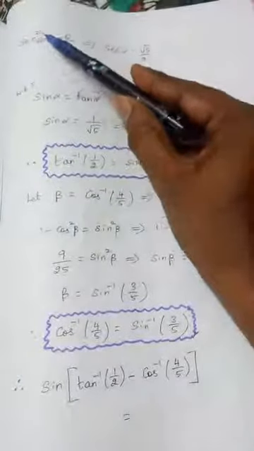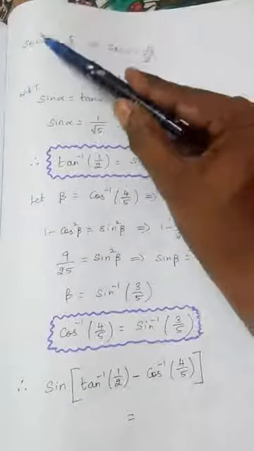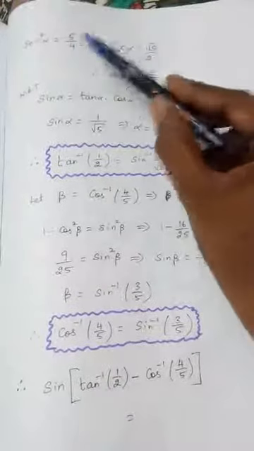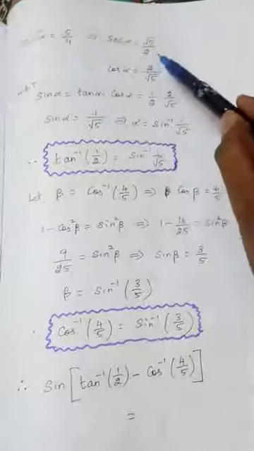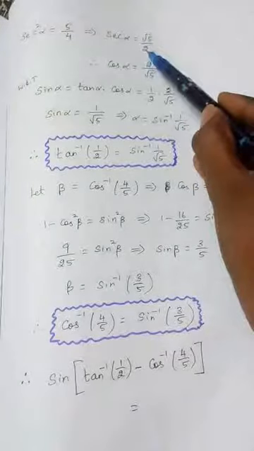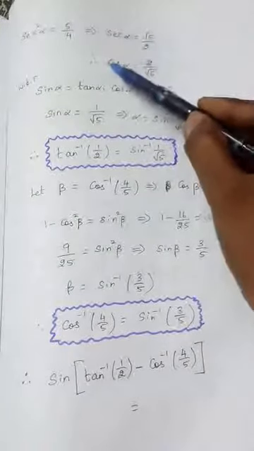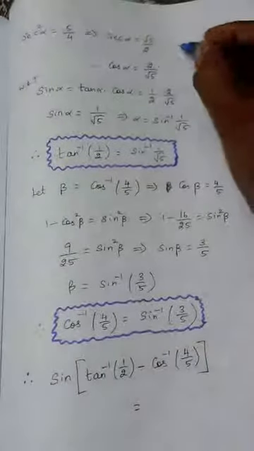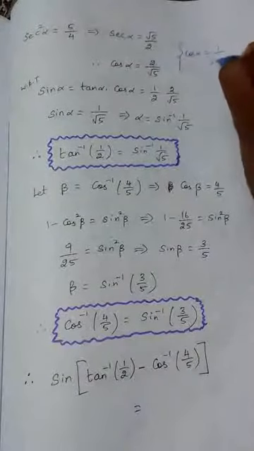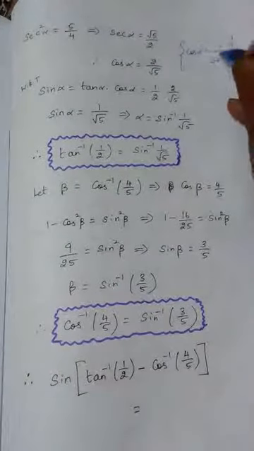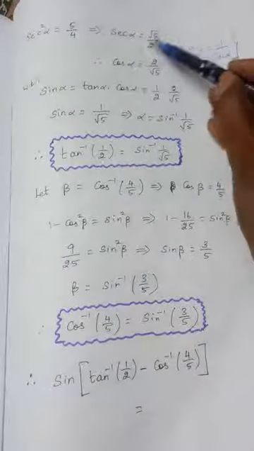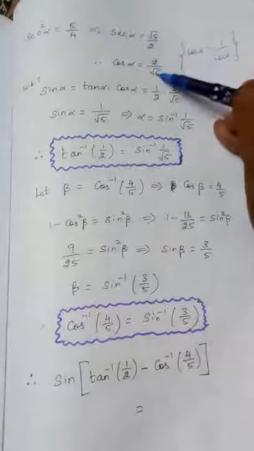So, listen here. Secant square alpha equal to 5 by 4. Square comes to this side, becomes square root. If you take the square root, it means root 5. If you take the square root of 4, the answer is 2, right? So I have got secant alpha is equal to root 5 by 2. From this, I am going to find out cos alpha. I know very well cos alpha is nothing but 1 by secant alpha, right or not? Because cos and secant are reciprocal. So if we know the secant alpha value, we can say cos alpha is the reciprocal of this. So 2 by root 5.